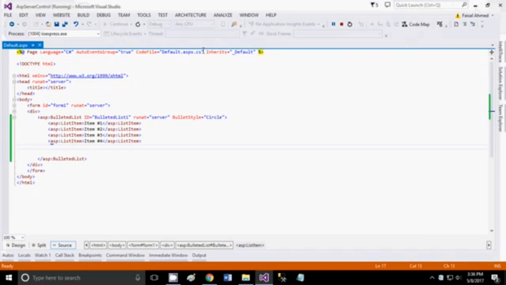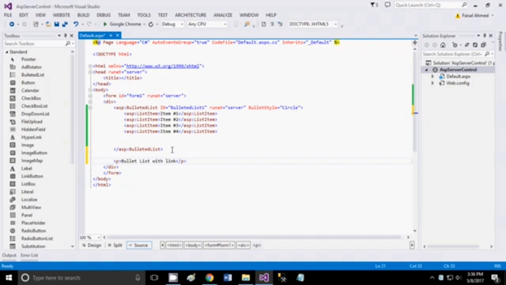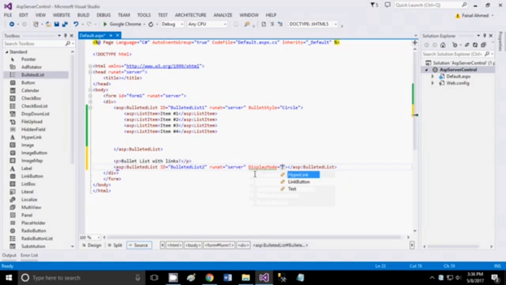And now we will be adding a list item and setting one more attribute of the list item, that is value equal to, and within the value just provide the address of the link, that is the URL which you want to open. Okay, so value is nothing but the URL. And after that just give the text like ASP. So that will be our first item, ASP, and once I click on the ASP, automatically the http://www.asp.net page will get open.